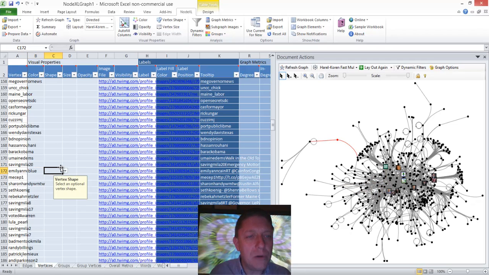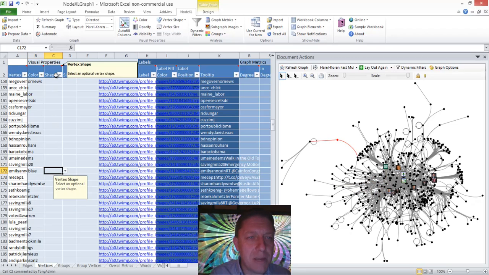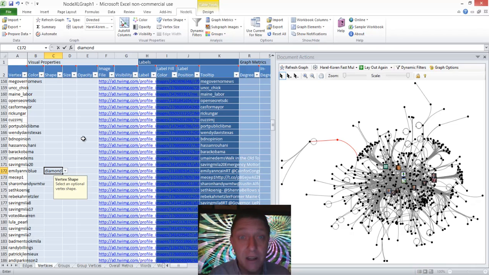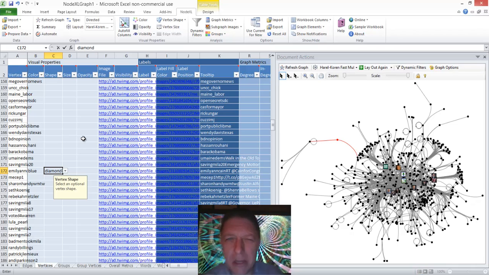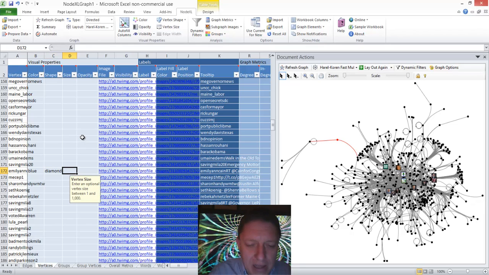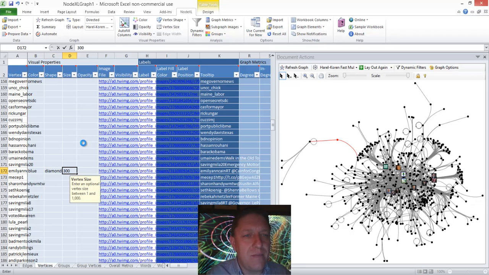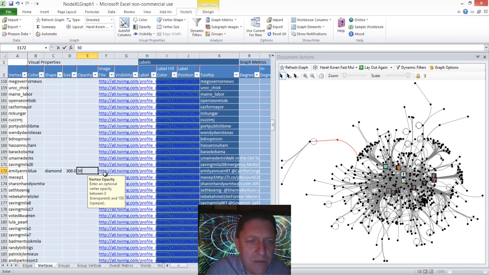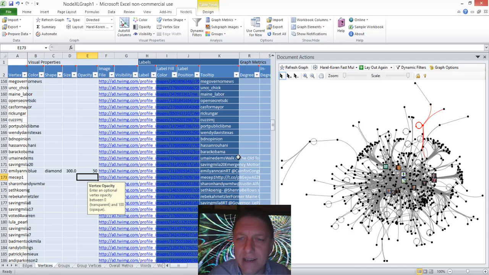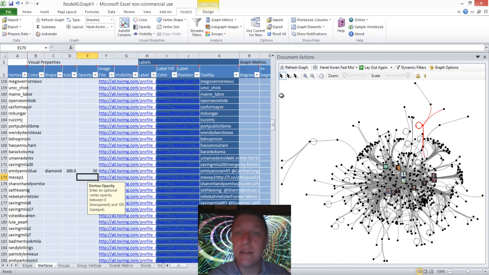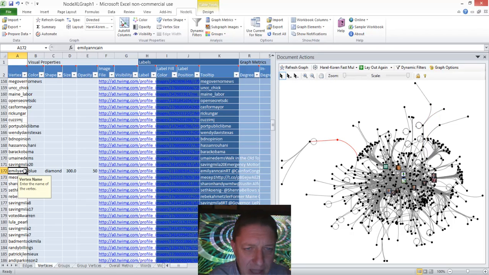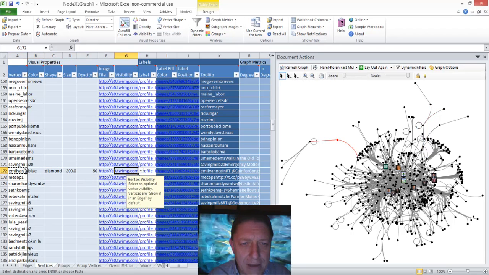Blue. Let's make you blue, and let's make you a what kind of shape? I could literally write in diamond. Try writing in different shapes. Not all shapes will work, but diamond should. And let's make you size 300. And opacity is between 0 and 100. Let's make you 50% opaque, which means you could kind of see through the node. That's kind of an interesting thing to be able to happen. And let's label you. I could do that.